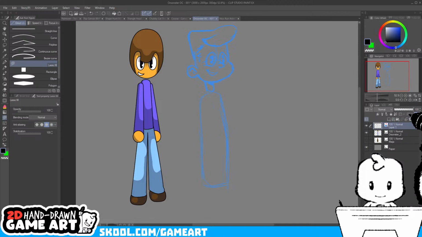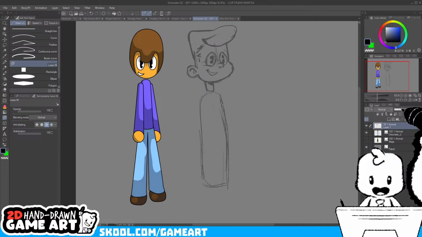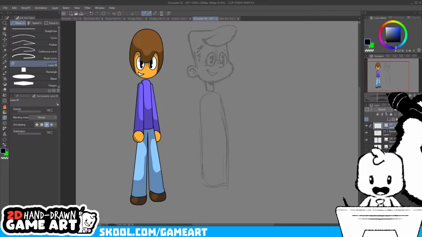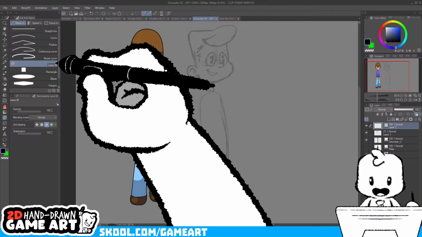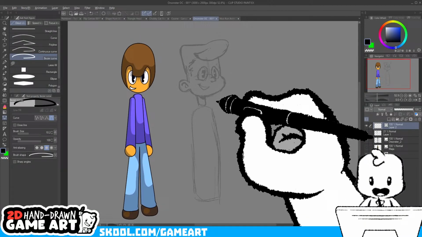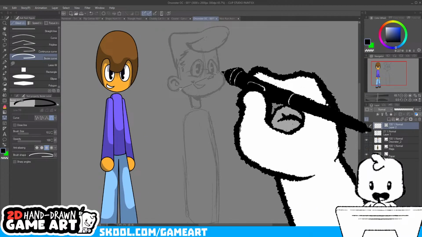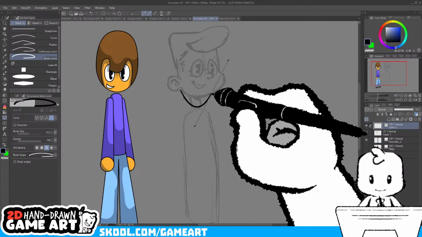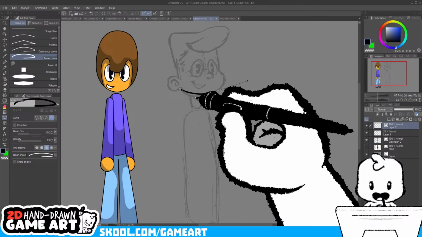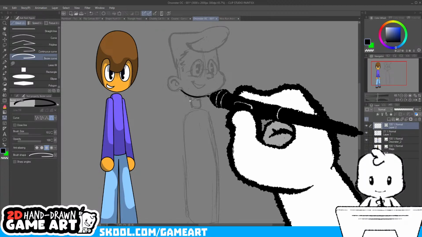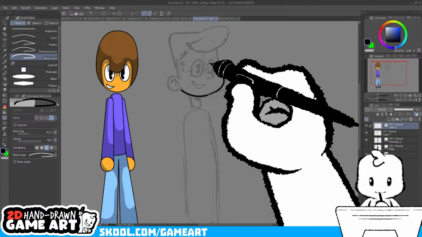For example, I'm going to turn this blue. That's hard to see, so I'm just going to lower the opacity for now. I'm going to make a new layer. In Clip Studio Paint, you can make vector layers. What that means is if you draw lines with this layer on, you can manipulate the lines later. Let me draw a few lines here and show you what I mean. On a vector layer, with the pen tool, I can actually click and drag things into position.